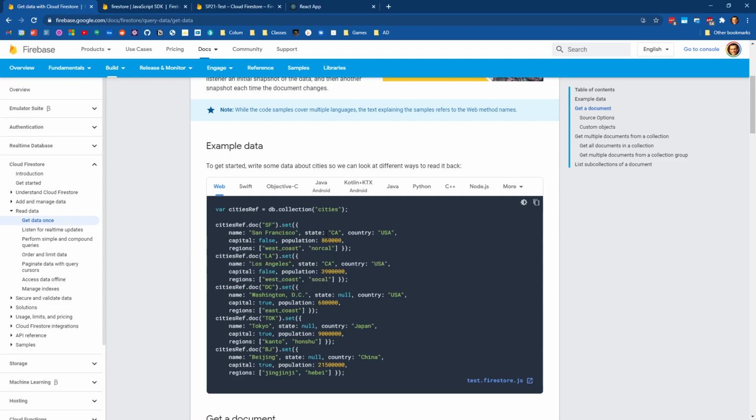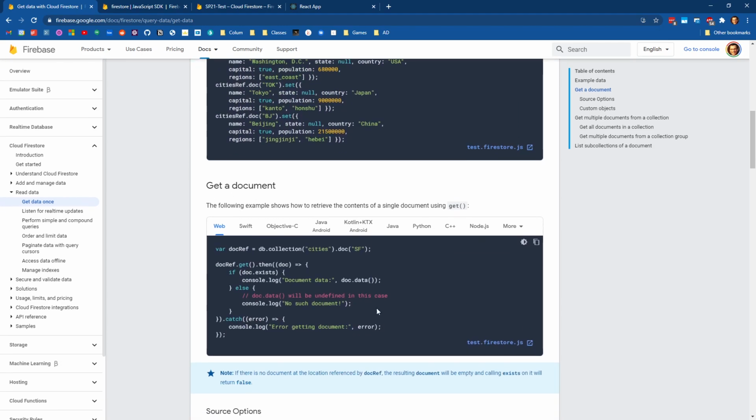So you want to keep this in mind as you're reading the rest of the snippets on the page, because those snippets are operating within this context of having a cities collection with these different cities stored in documents. So when we see a reference here that says to get a specific document, a single document, you ask